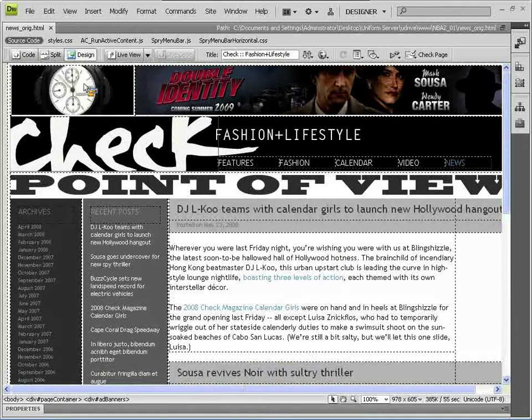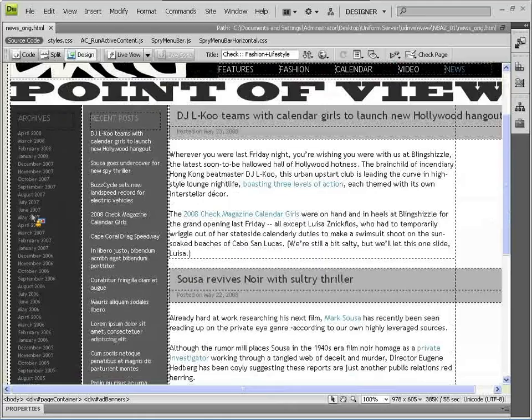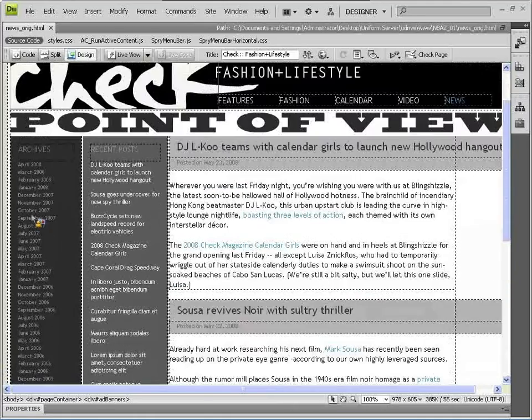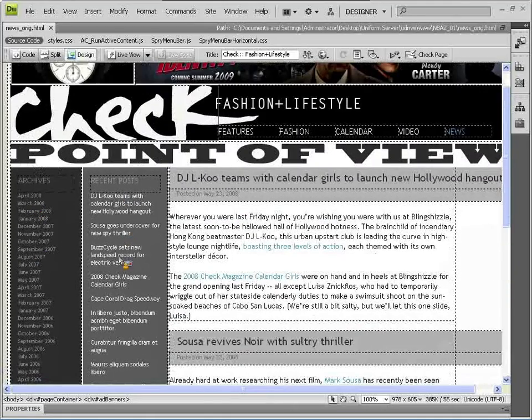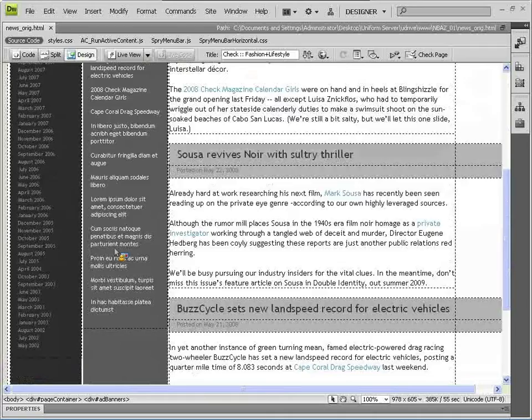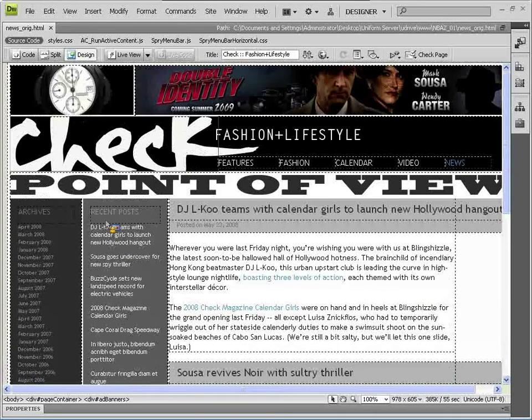You notice that we have a banner, we have a little banner ad, we've got some top navigation up here, we've got kind of the title of the page, and some archive links over here that take us back in time, and we've also got a feed for all of the recent posts. So if we were going to template out this blog page so that we could create new blog pages out of it,